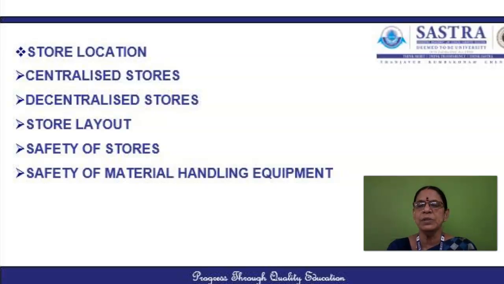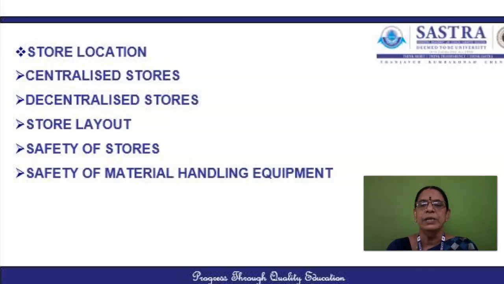Then the minimization of the risk of spoilage and deterioration. While selecting a site for the stores, due importance should be given, and the site should be selected based on the temperature available, humidity and also the lighting requirements. Certain materials must be stored in temperature-controlled storerooms, with the lighting requirements met. So the risk of spoilage and deterioration should be avoided by selecting a suitable site having proper temperature, proper lighting, etc.